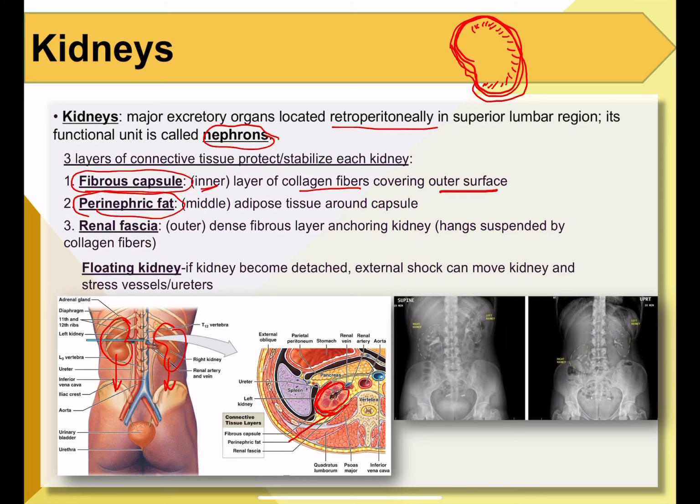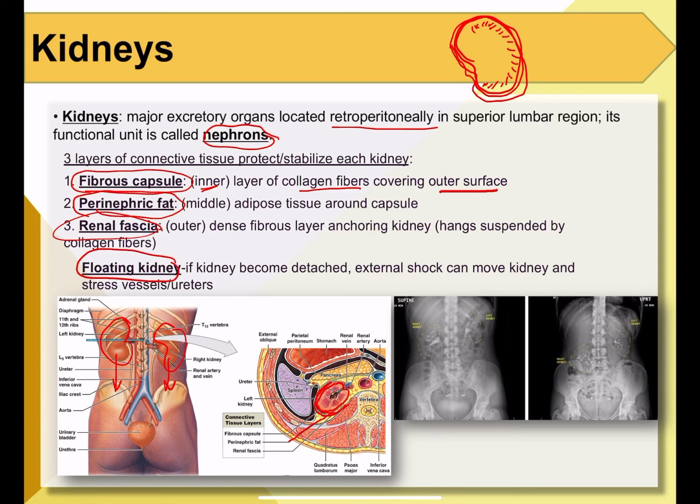So when something happens to any of these things that are supposed to anchor your kidney, especially your renal fascia, if it becomes detached for whatever reason, we call this condition the floating kidney. So if the kidney becomes detached, any external shock, okay, meaning bending or someone accidentally hitting your back or your abdomen from the front, can actually move your kidney,